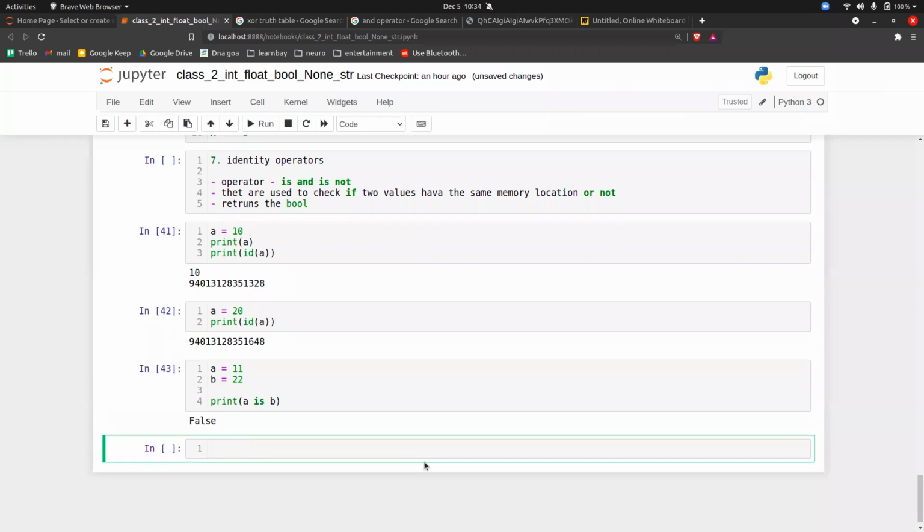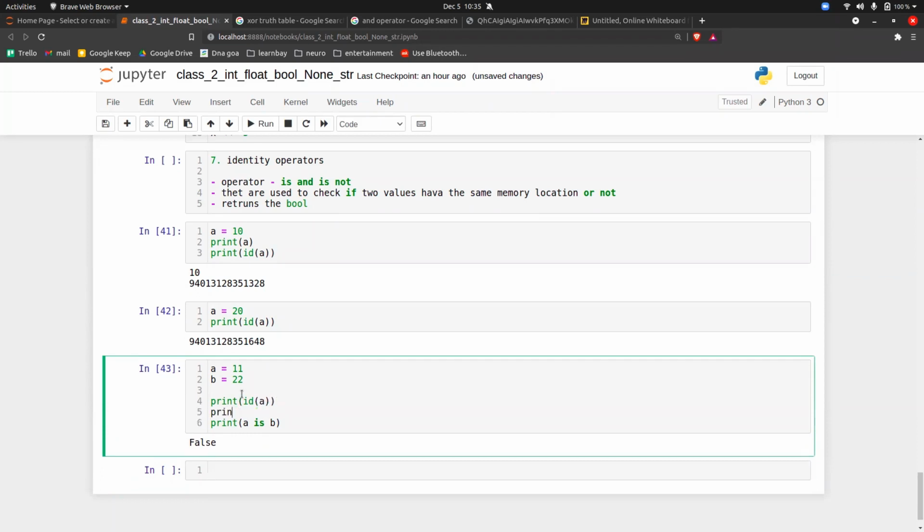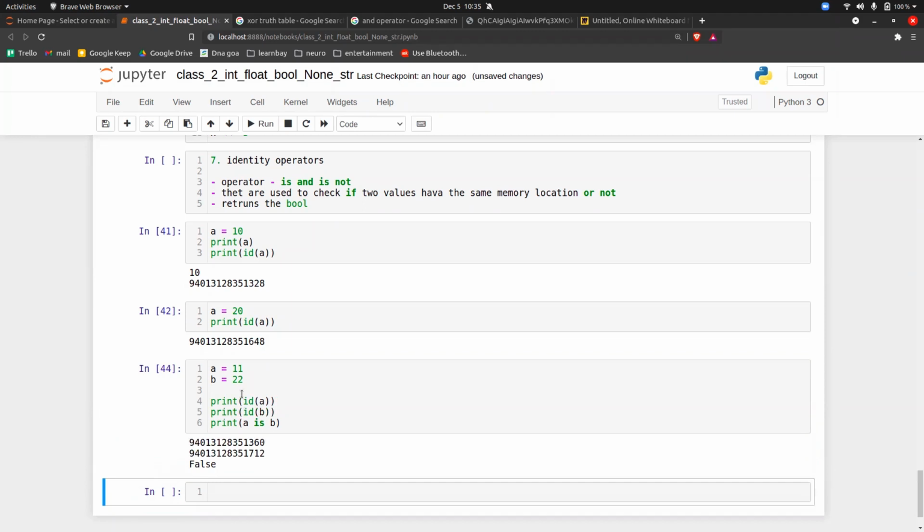So the answer will be false here. For proof, if you do print id of A and print id of B and execute, clearly on the screen you can see the memory addresses of these two variables are different, so the answer is false.